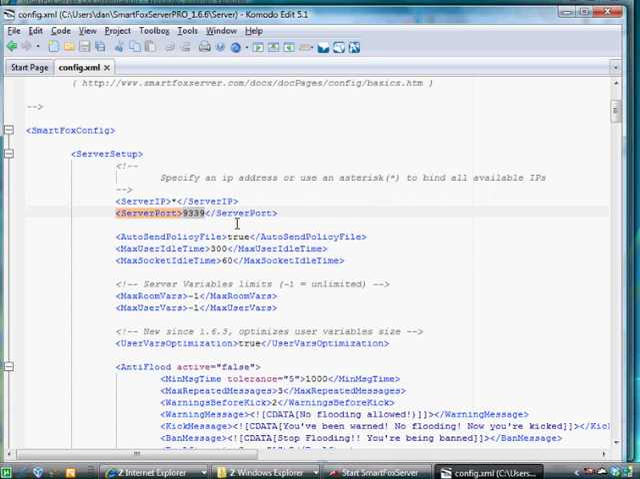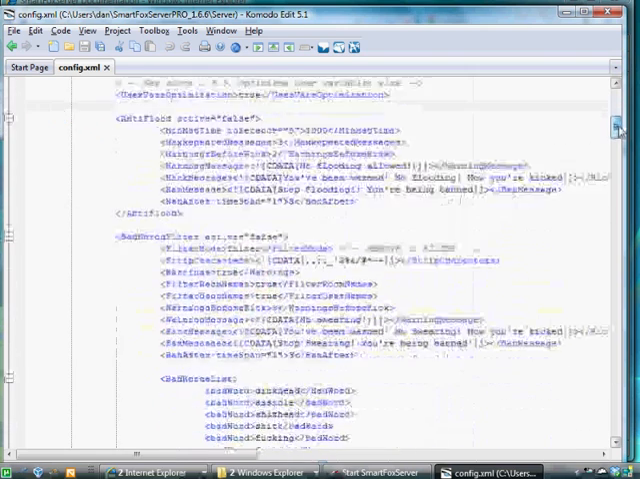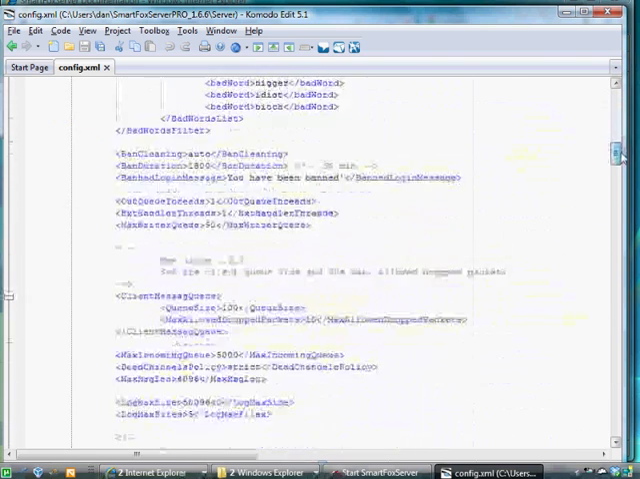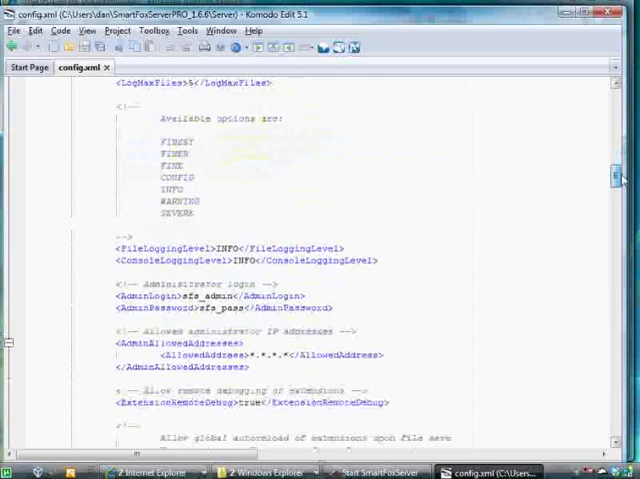There's the port number 9339. If you wanted to change it and use a different port, you could do that right here. 9339 is the default. And let's see here. There's a bunch of stuff here that we'll get into in the future, but I'm going to go down here